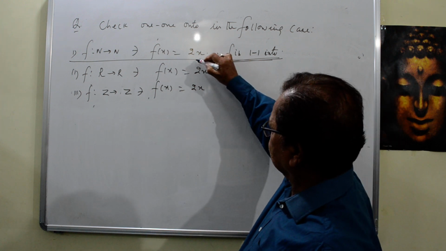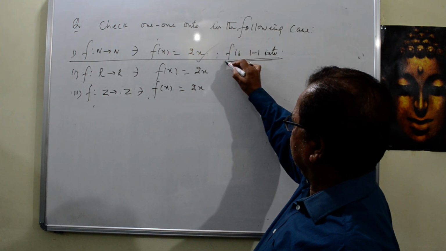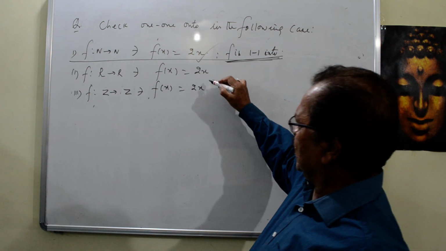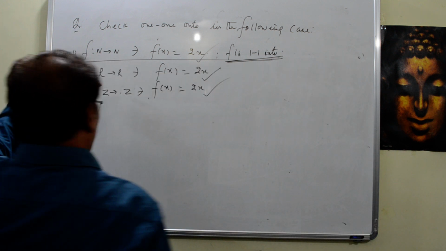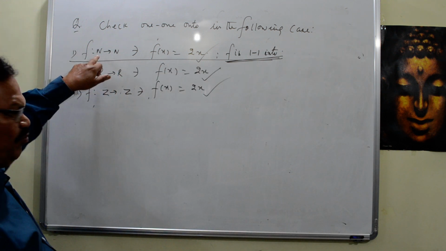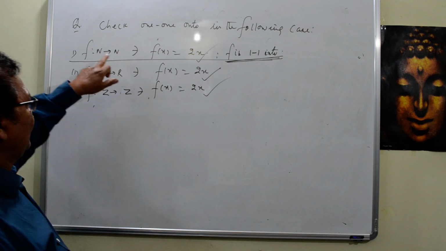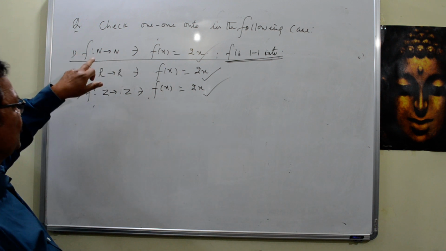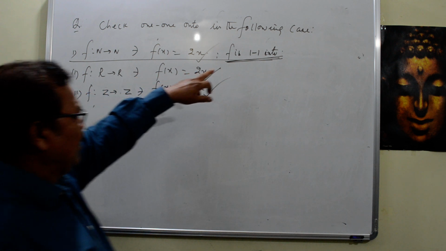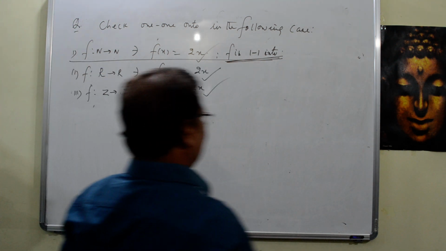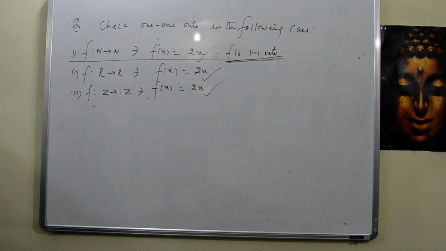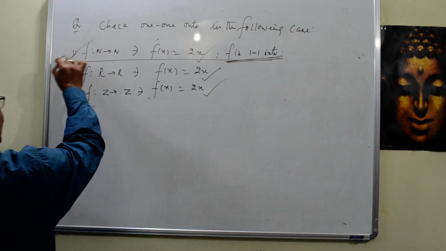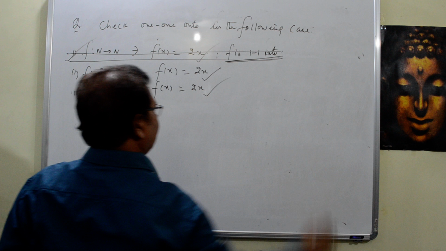Here the functions are same. f(x) is 2x, that has been explained earlier. Now the same function is there, but their domain and codomain are different. Earlier the codomain was natural numbers, and the domain was natural numbers. So this is the case. The function is 1-1 but not onto, because there are many elements in the codomain which do not have a pre-image in the domain, that I have explained. So this part is over now.